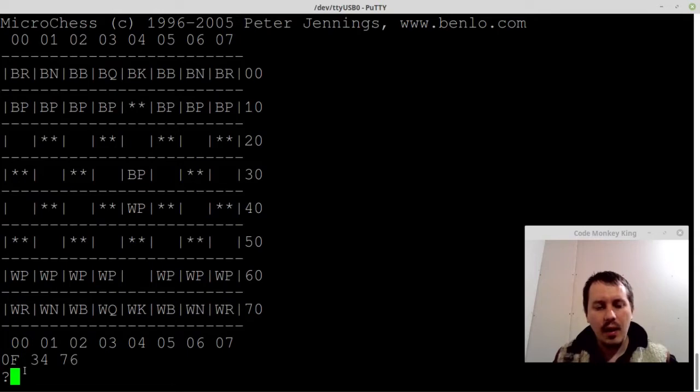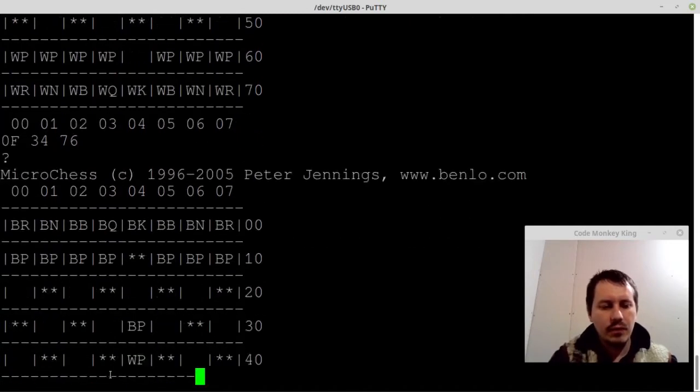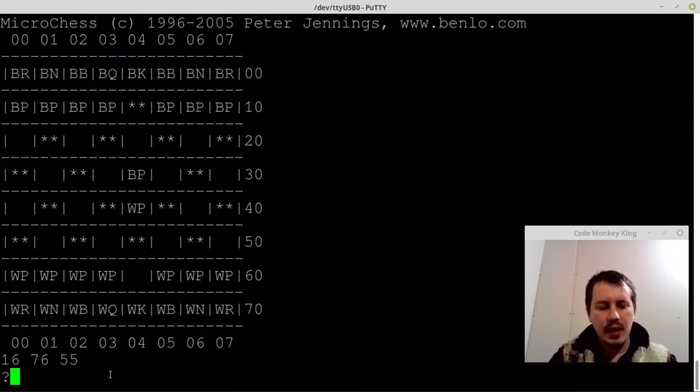And then to where it goes, to 5 and 5, to 55. So 5, 5, and then I need to say enter. I just hit enter, and it puts the 90 here. And in order to make the computer think, I need to say shift P one more time, and it actually starts searching for the best move